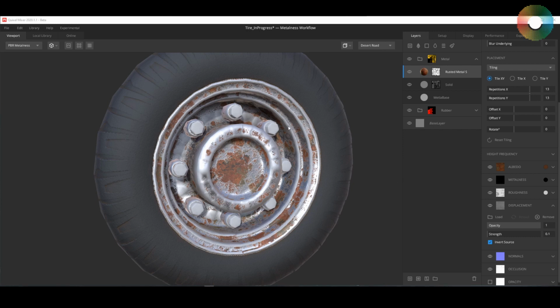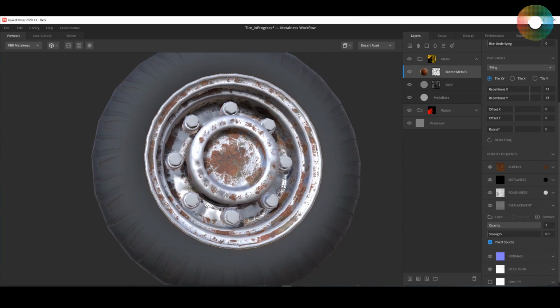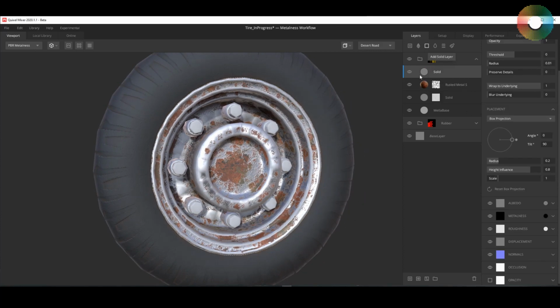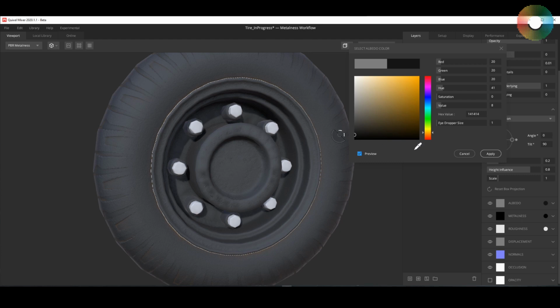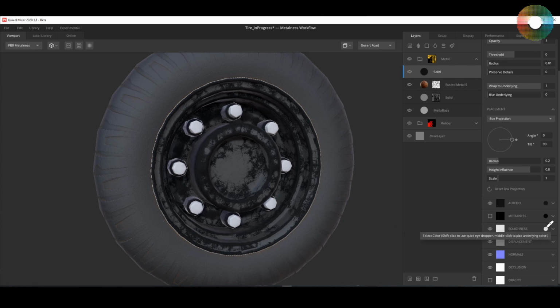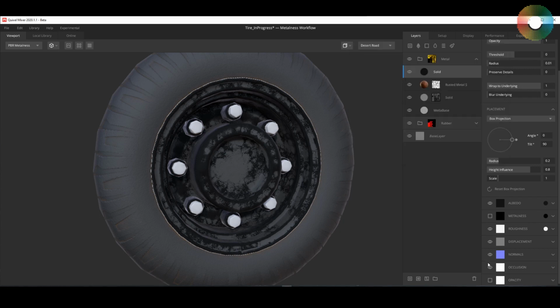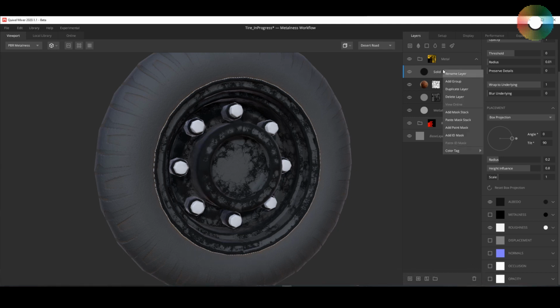As a final touch to this metal layer, I want to add some grease or grime to the crevices and the corners in this mesh. So let's add a new solid layer, and I will use almost black color for this, and let's disable metalness, and this should be completely rough, so I will crank up the roughness, and let's disable the displacement or normals for this one, and let's add a mask stack to it,